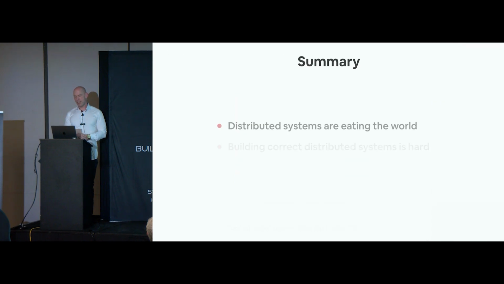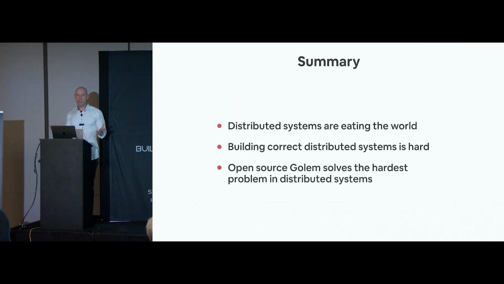So you've reached the final level. In summary, distributed systems are eating the world. And there's lots of reasons for that, but software reuse and the fact that everything is networked and if you think about global software as being a single entity, the part that we write is very small and it has to talk to all the other parts in the world. And as software eats more and more of the world and AI lets it eat even more of the world, everything is going to be software defined at some point, which means everything is going to be a distributed system, even though it mostly is today.